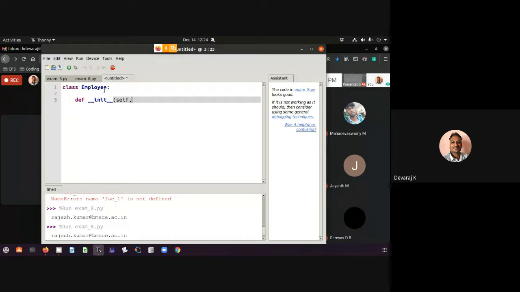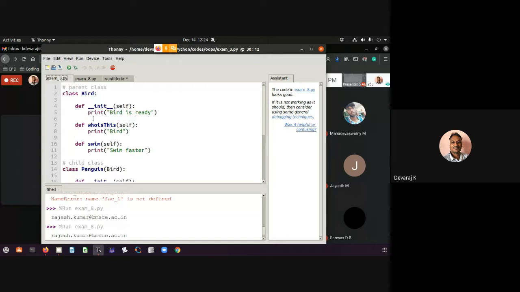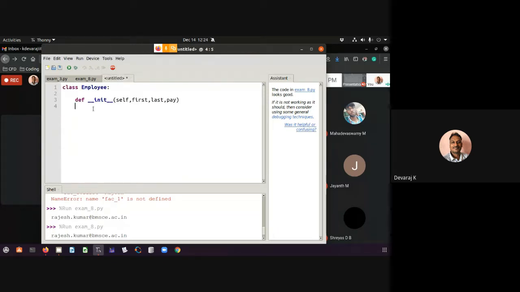Then comma. What are the instances I'm trying to use? First name, last name, then pay. Now I need to define that. How to define that actually? In a similar way, I'm going to define it here.